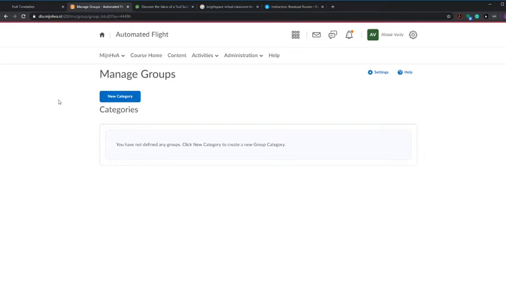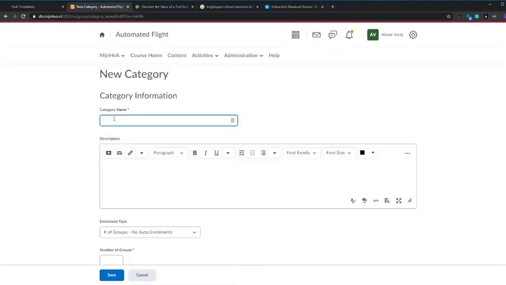The groups can be divided over different categories. In first year courses, you will see that there are A groups and B groups, and the study groups have been divided into the categories A and B. Now for my course, I have regular students and research students, and I would like to make two categories. One, I'll call it regular students,